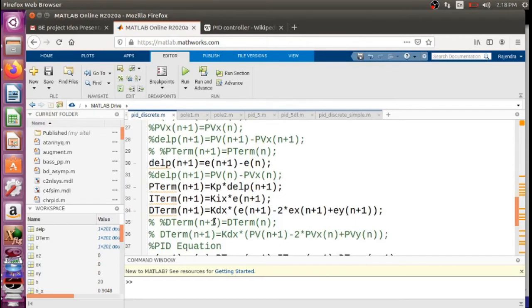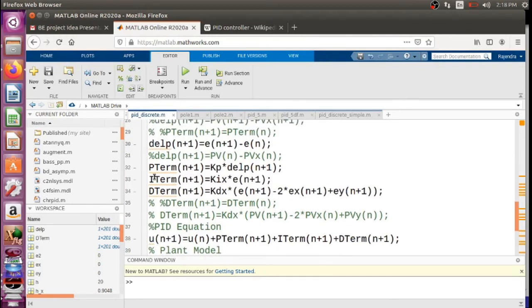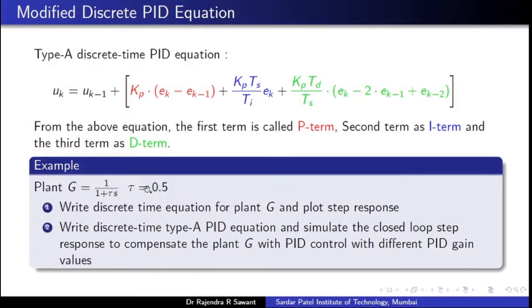Then number 2 is the main PID equation. The PID equation consists of P term, I term and D term, like what we have explained earlier. P term is the red one, I term is the blue one, and D term is the green one.